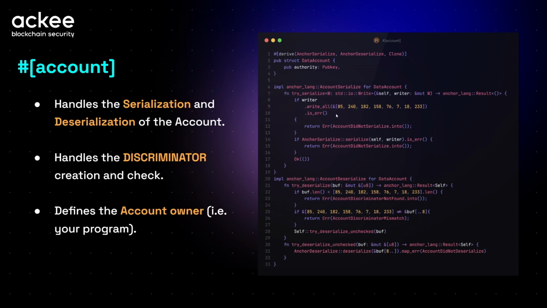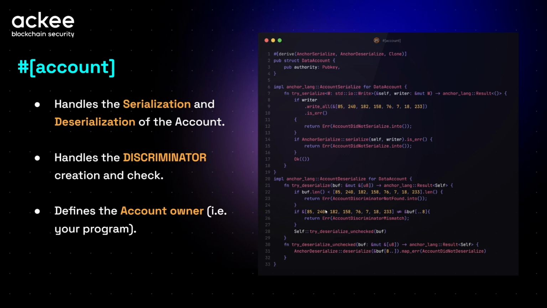Actually, regarding the source code, you can see within the serialization, here is the logic where Anchor writes the discriminator into the first 8 bytes of the data stored within the account.